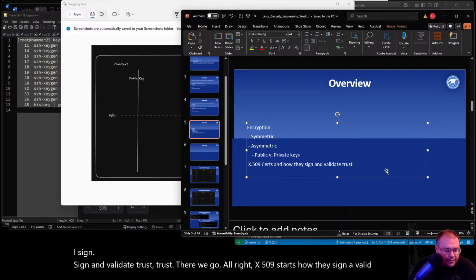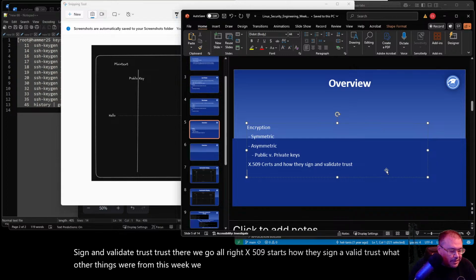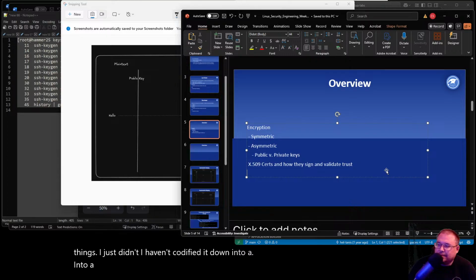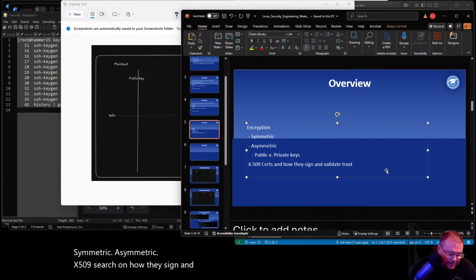What other things were from this week? We talked on Saturday about all these things. I haven't put it all down in here yet. Symmetric, asymmetric, X509 starts on how they sign and validate trust.